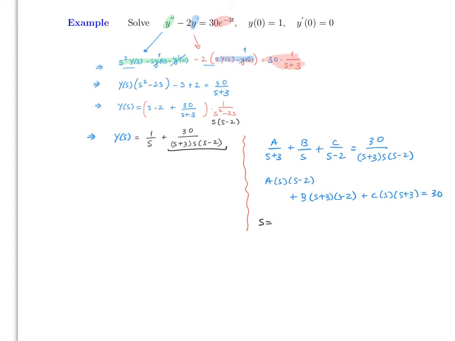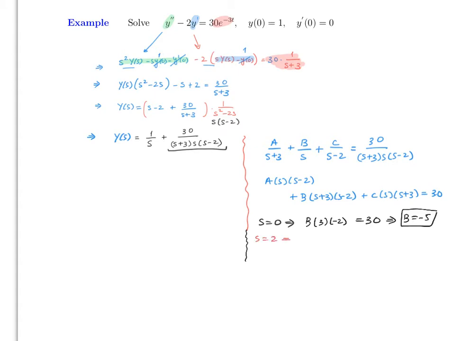Now, if s equals 0, you can tell right away that this one is going to be gone, this will be gone, so this is what you will have left. So this will be b times 3 times negative 2, which equals 30. Therefore, that implies that b equals negative 5. You should definitely check this algebra. Then the next obvious choice should be